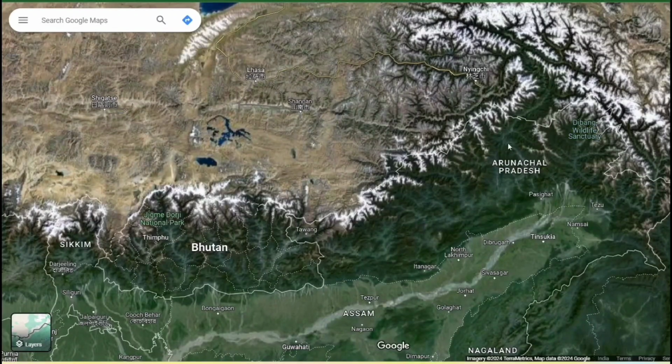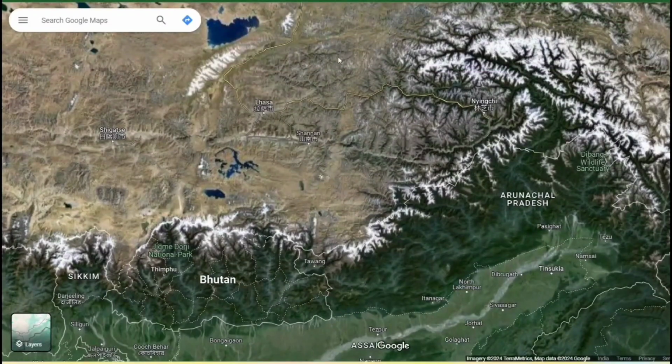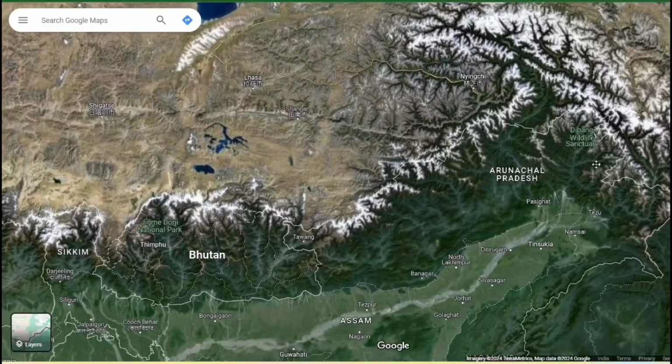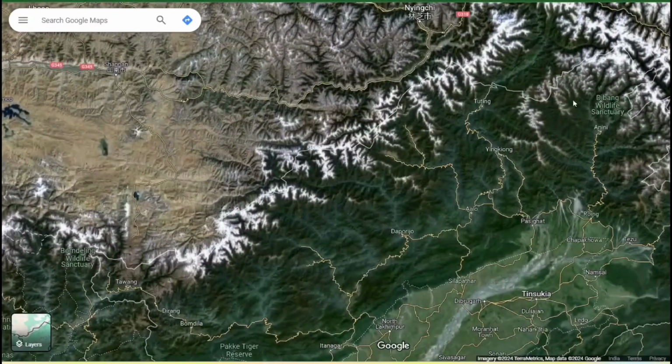But wherever they receive rainfall, there is rainfall here in these locations. This is the main rainfall region, not this. This is not the main rainfall. So if they build a dam, ultimately no problem. We are still having a very good rainfall here.